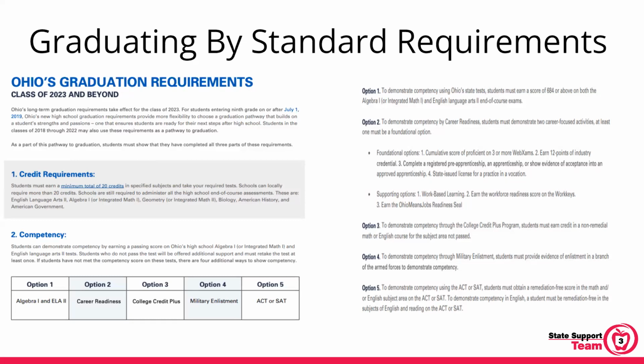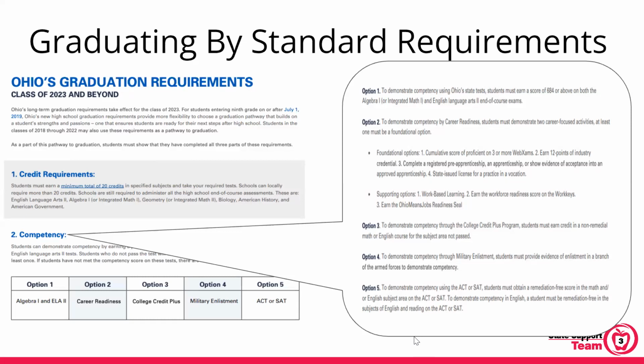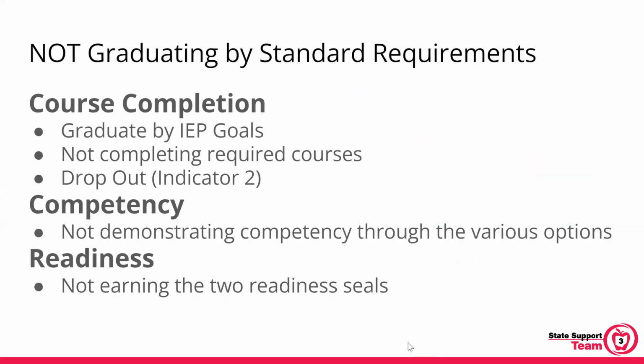indicators, 1 and 2. And just a shameless plug that we're here to help you with looking at different ways to help your students with disabilities demonstrate competency through some of these other options that you see here. And in particular, option 2, that career readiness, parallel or alternate demonstration of competency. So again, you can see here that little bubble there. Those are the different ways.